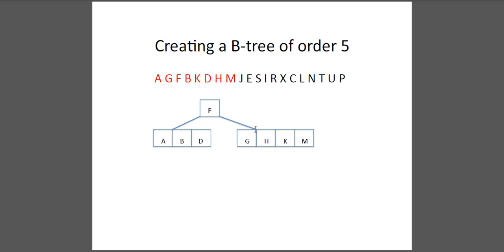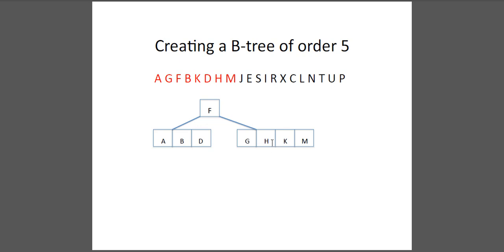Similarly, H is larger than F and greater than G, so it is placed after the G. M is larger than F and larger than K, so that's why it is placed to the right of the K. Now when you are trying to insert J here, J is greater than H, lesser than K, so it is supposed to be placed between H and K,